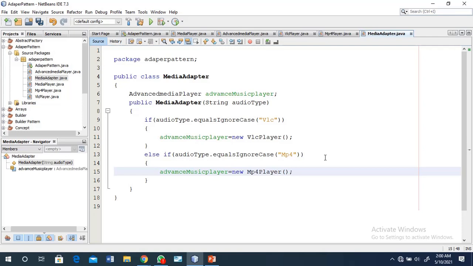So it depends on your input: if your input is VLC, the advanced media player acts as a VLC player, and if your input is MP4, then the advanced media player acts as an MP4 player.